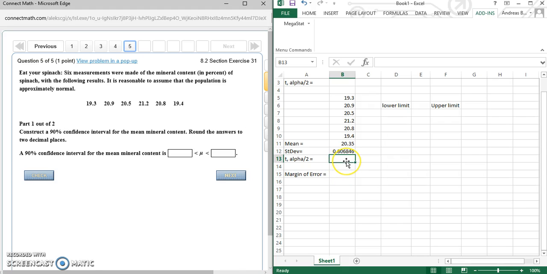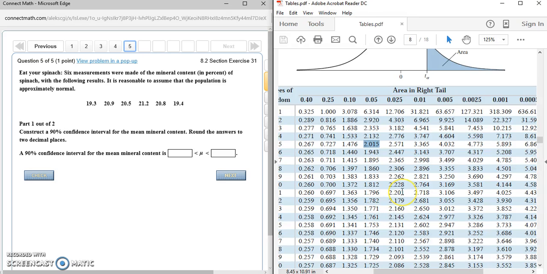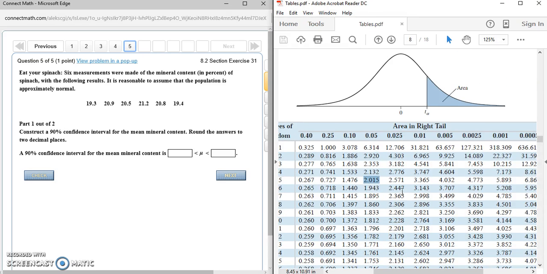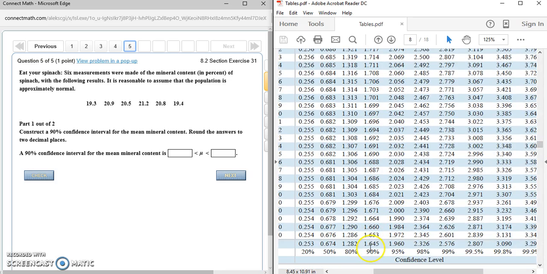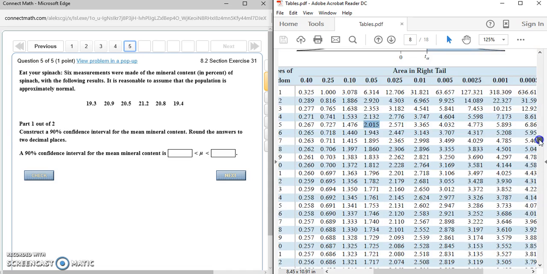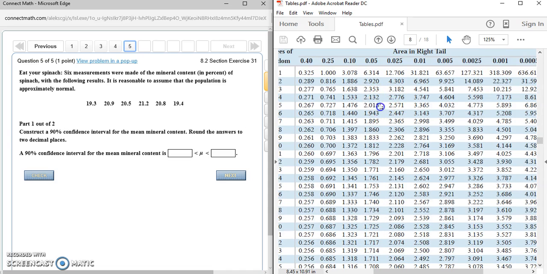Okay, so now I'm going to do t alpha over 2. The critical value we get from the critical table. All right, and so we have 6 sets of data. We have our n equal to 6, which means our degrees of freedom is 5. Then coming over to the right column, we want the 90% confidence level. At the bottom it says that. This is the 4th column. Going up, and I've already selected it. So there is the t alpha over 2,